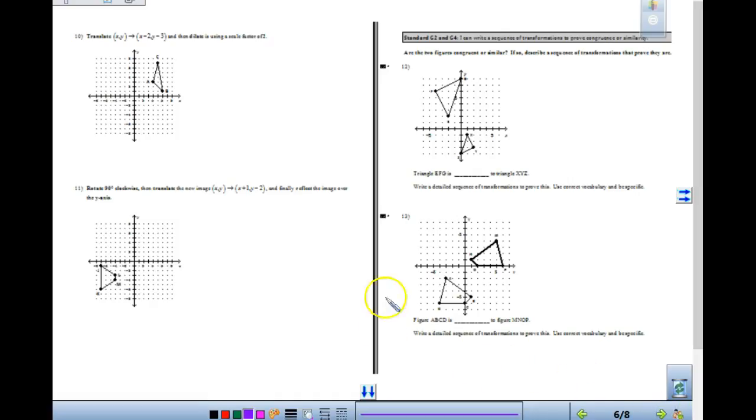And then on the test, the other thing that you're going to be asked to do is identify how you get from one triangle to the next. So you have to tell me the sequence of steps to tell me if it's similar or congruent. I would say if you are able to go through this review, 19, and do almost all the work and get it checked and look at the answers, and you have no problem with it,